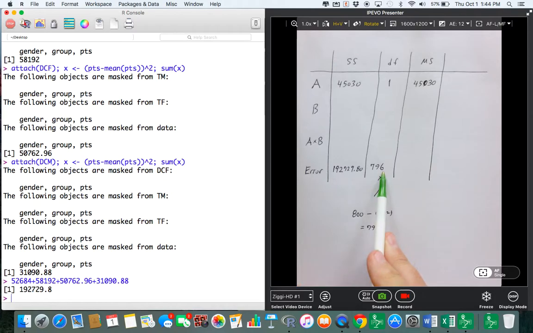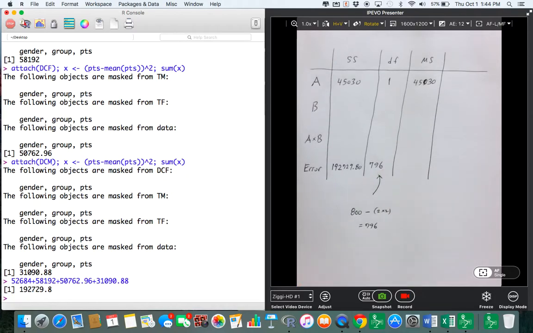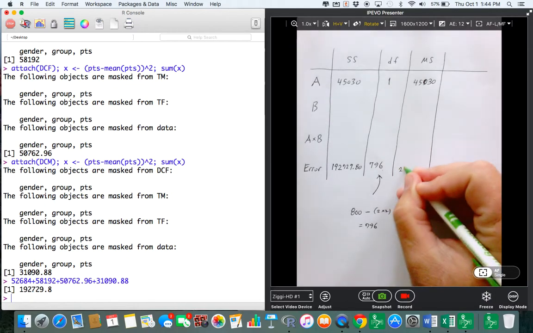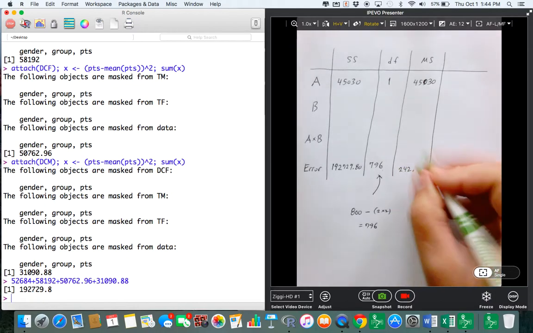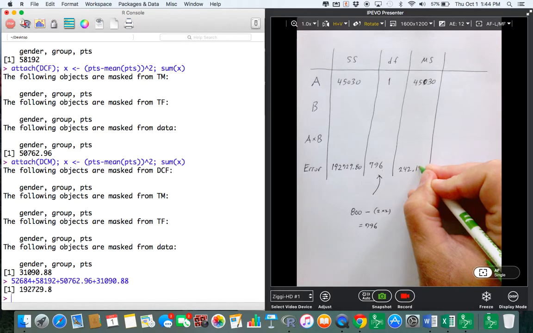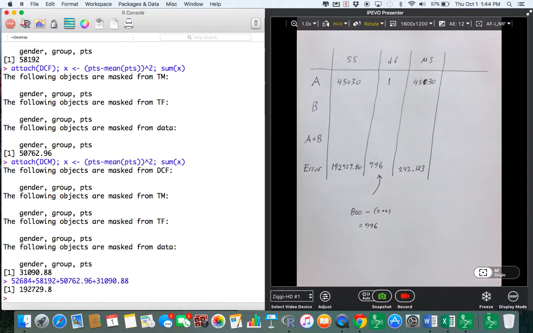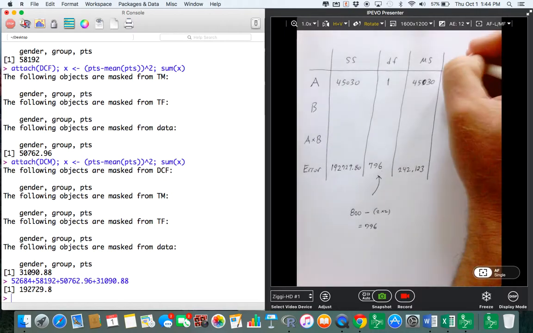192,729.8 divided by 796. Guys, can't do that one in my head. 192,729.8 divided by 796. So I get 242.123. Let's call it. Now, to calculate the F statistic here,